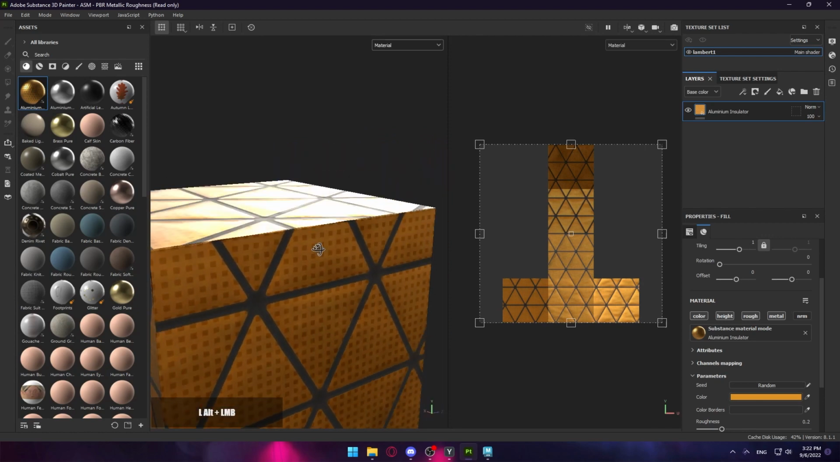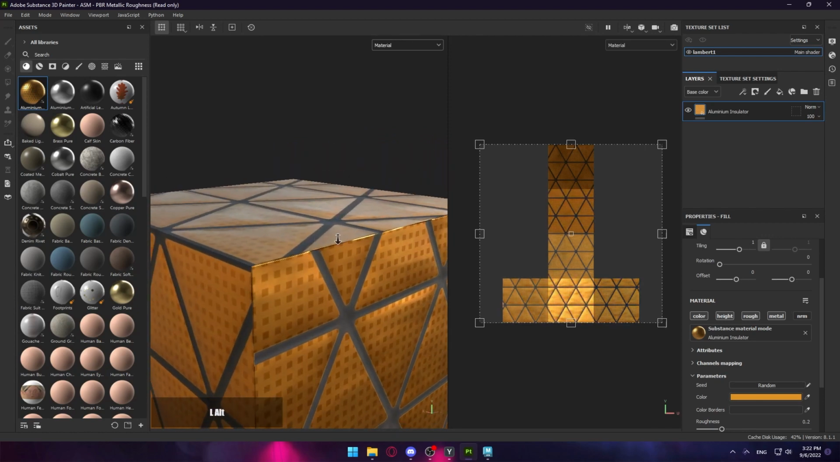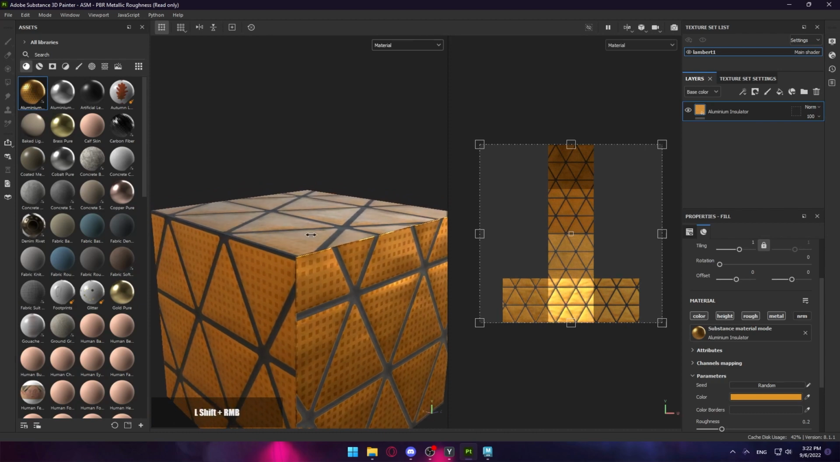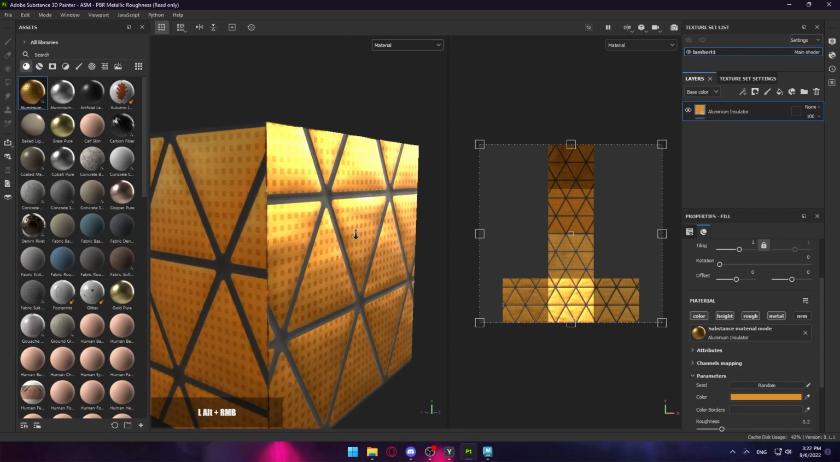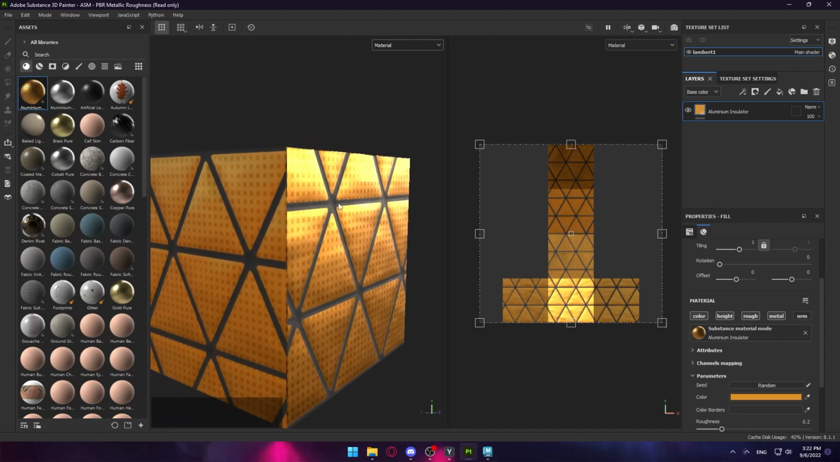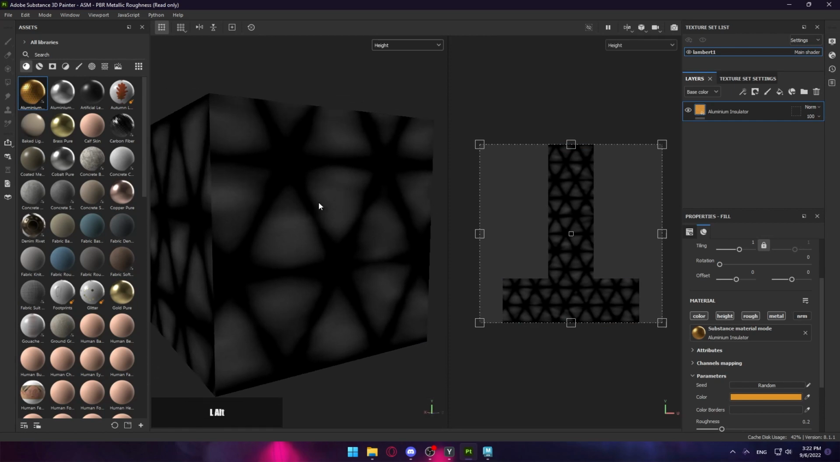Now, all of these details are fake details, as we would like to say. They are not actually deforming the topology, and it's not adding extra geometry to create those shapes, but it's a trick that allows the lighting to have a different effect on different areas on the model. Now, if we go back to the height map, we can see that it's only a black and white mask,